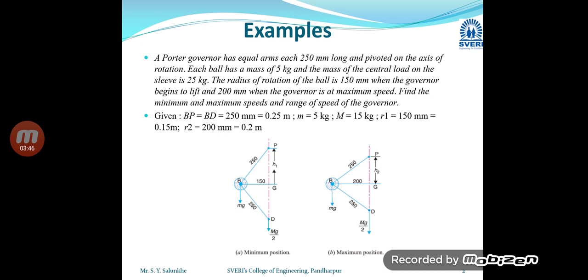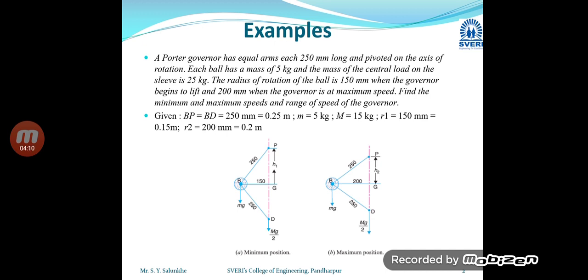Hence the H which we have to calculate becomes easy to calculate. So point P is there, then point D, the lower point of this governor where the arms are connected, is also on the axis of rotation, and these two upper and lower arms are of equal length,